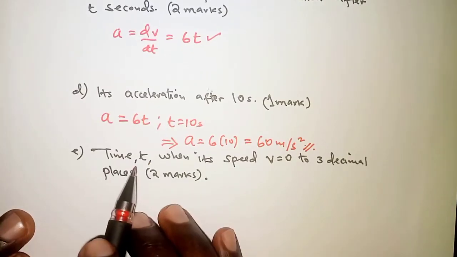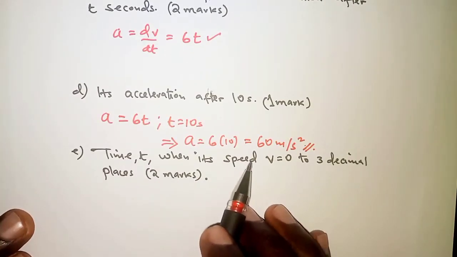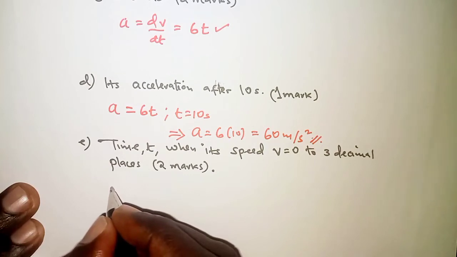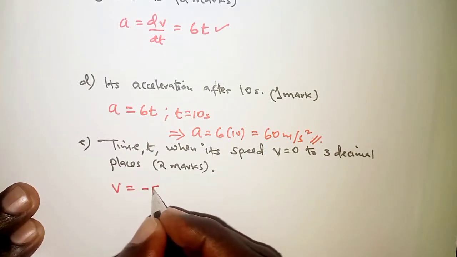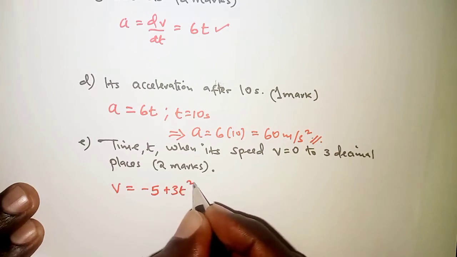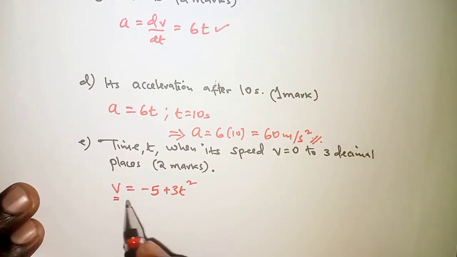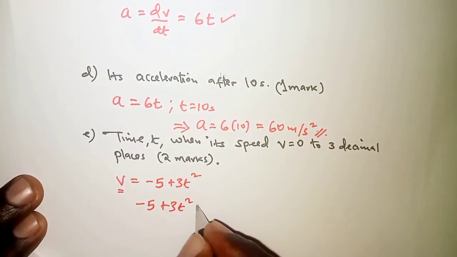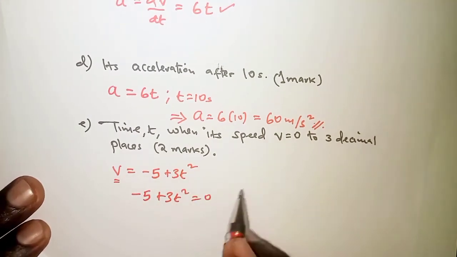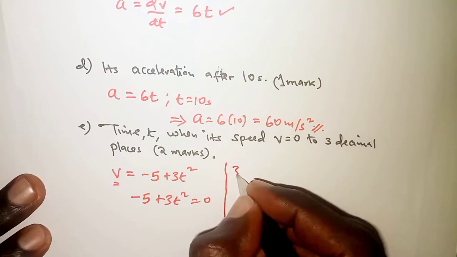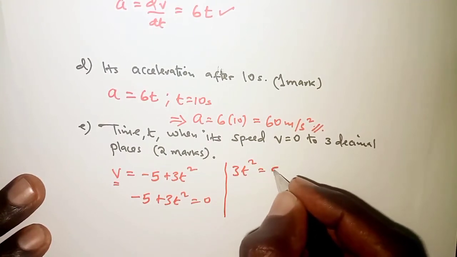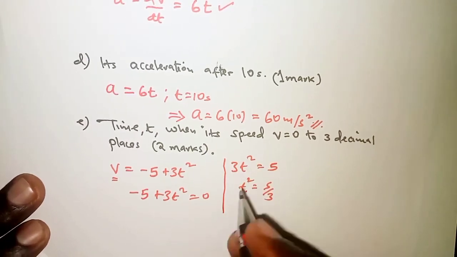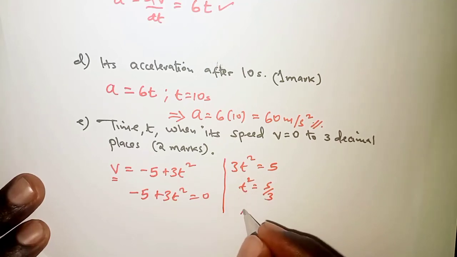And finally, we're required to get the time t when its speed v is 0, to 3 decimal places. Just a reminder, v is -5 plus 3t squared, but for this case now v is 0, so that means you're going to have -5 plus 3t squared is equal to 0. That means 5 will cross to the right hand side and we'll have 3t squared is equal to 5, and therefore t squared is 5/3. And finding the square root on both sides, t becomes